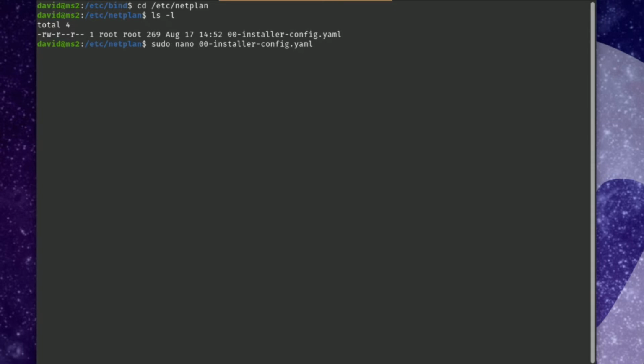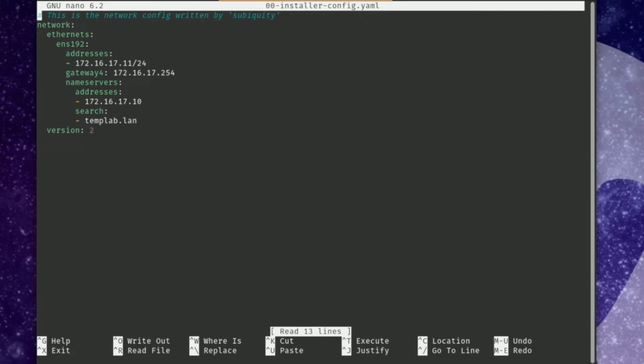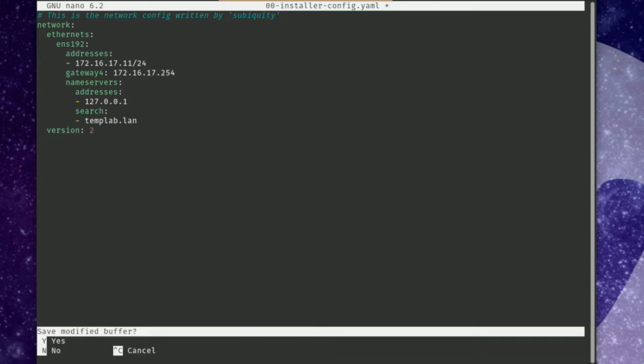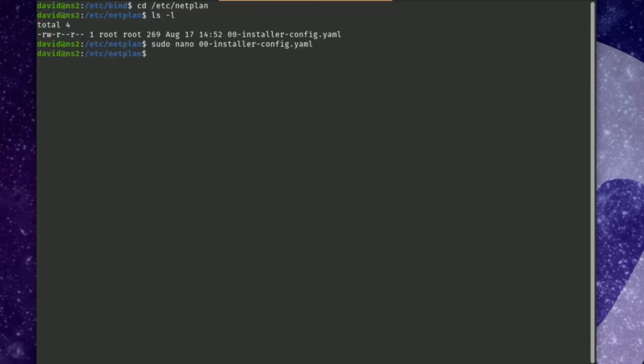So that's /etc/netplan. Let's have a look there. And there's a YAML file that I need to edit. So sudo nano, I'll just tab that out rather than typing it all. I need to change the entry here for the name server. So I want to point it back to itself, so it'll use its own DNS service. So we'll point it to the loopback address. I'll just save that. Then we'll do sudo netplan